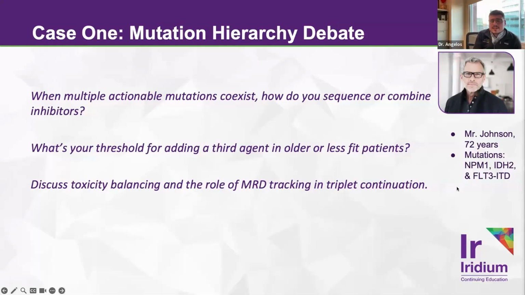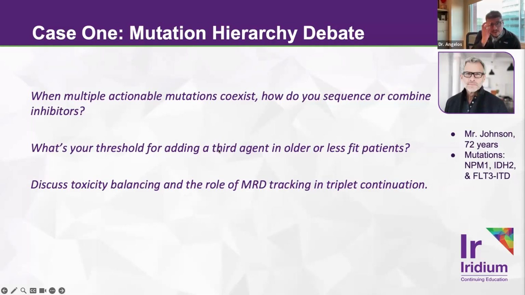And what I will say is if you just look at the subgroup analysis from VIALE-A, folks that had a FLT3 ITD mutation had CRs somewhere on the order of about 65, 70%. And so the question is, are you really getting that much benefit from adding in FLT3 at cycle 1? In my opinion, probably not. Probably giving these people a little bit more potential toxicity due to the fact that they have triplet therapy, a little bit more cytopenias, a little bit difficult to get to count recovery, and then proceed with more chemotherapy if not in an MRD negative remission.